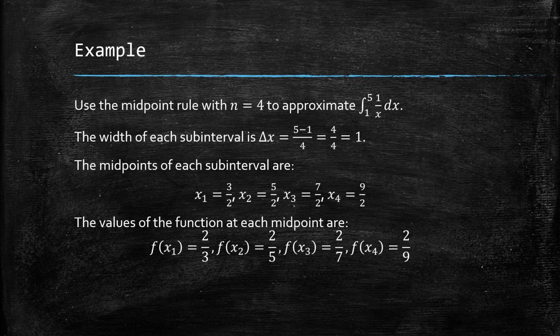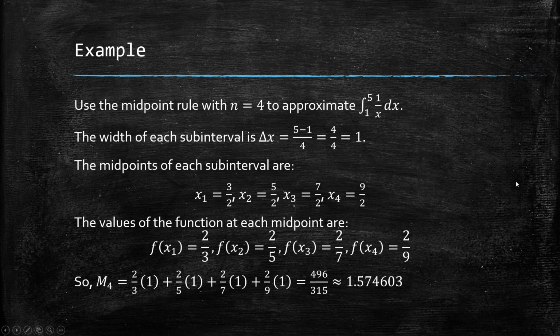The area of each rectangle is the height times the width, which would be the value of the function at the midpoint times the width of the subinterval. So the midpoint approximation with 4 subintervals is equal to 2/3 times 1 plus 2/5 times 1 plus 2/7 times 1 plus 2/9 times 1, which is equal to 496 divided by 315, which is approximately